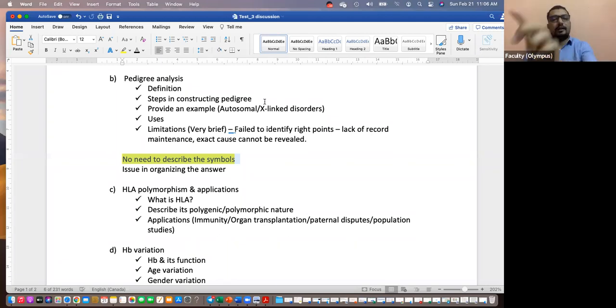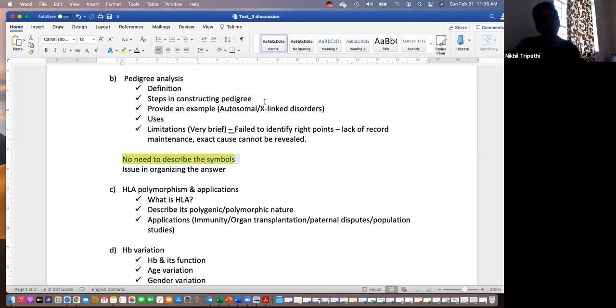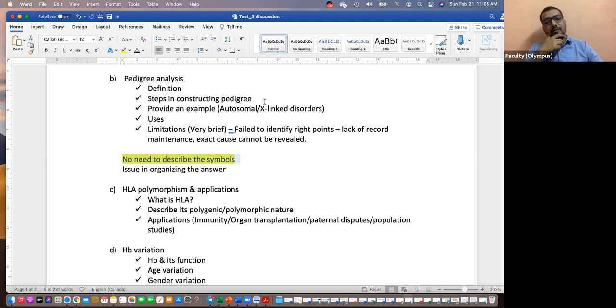How does this chart help us identify the disease? It helps us identify whether it is an autosomal disease, X-linked disease, or sex chromosomal disease. It tells us whether it's a dominant disease or a recessive disease. How do you know whether it is skipping generations or not, whether there is any gender connection or not? So use those key terms: skipping of generations, gender specific. If it is hemophilia, which is an X-linked recessive disorder, you will see that it goes from mothers to the sons. Sons are usually affected. More males are affected than females. That is how you know. That is how the pattern can reveal what disease you are looking at.